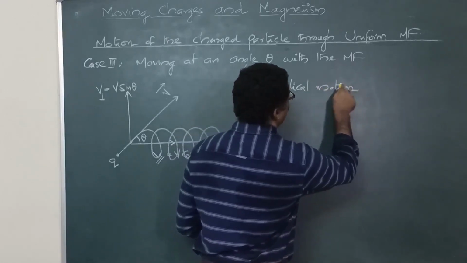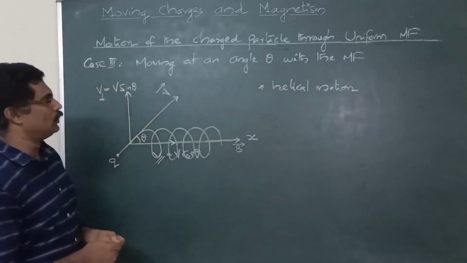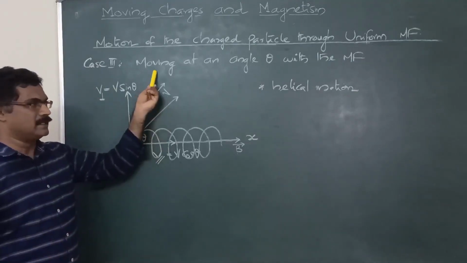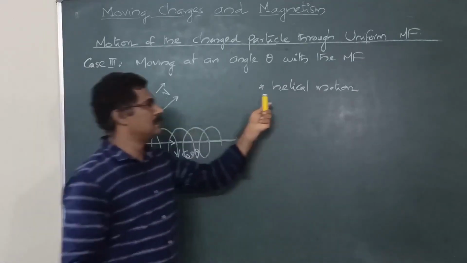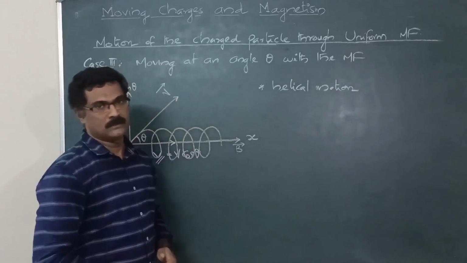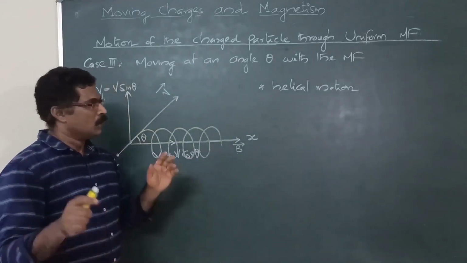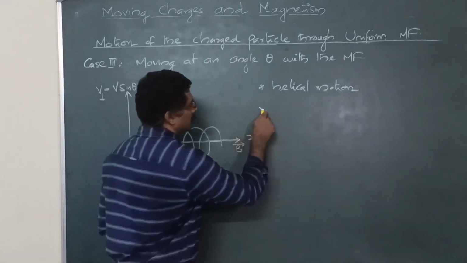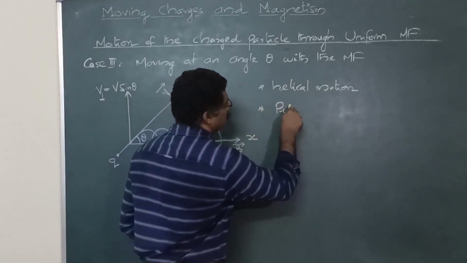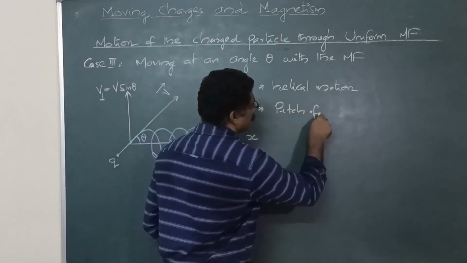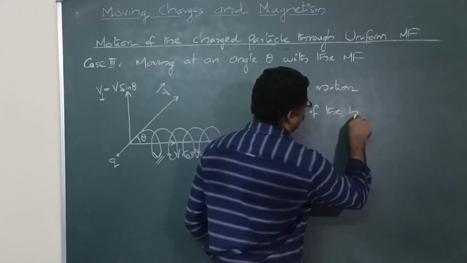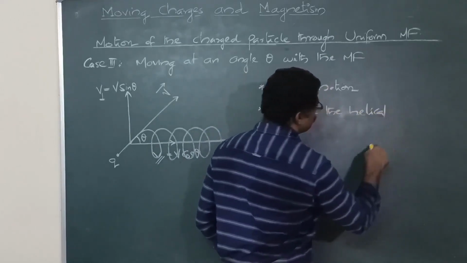So the first point is this one. What type of motion does the charged particle execute in this case? You can say it is a helical motion. Okay, you can expect another question. What is the pitch of the helical path? Pitch means